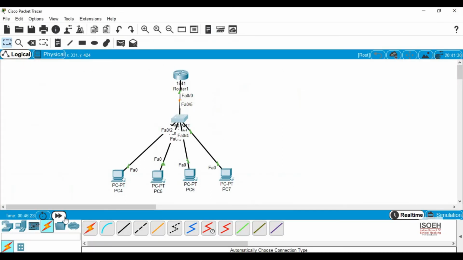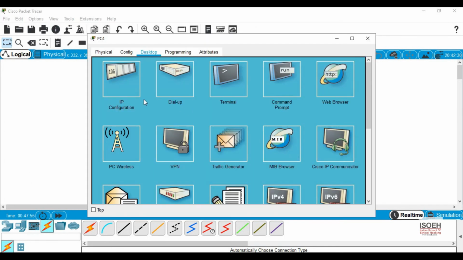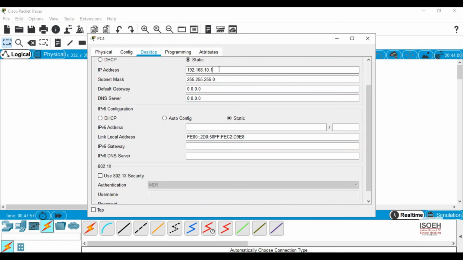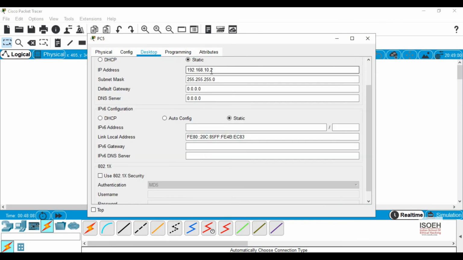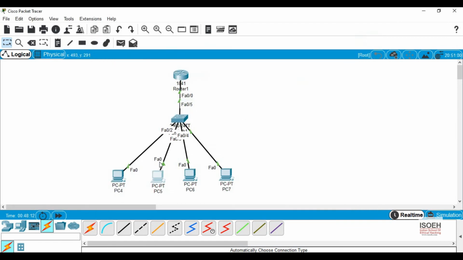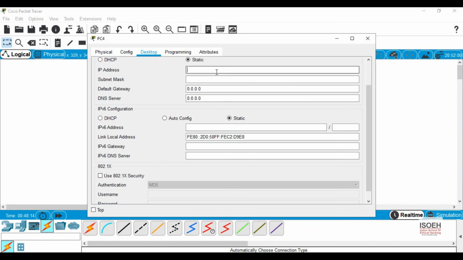Now I need to make some changes in the PCs. I need to start changing the IP address and provide them a default gateway. 192.168.10.2 and provide them a default gateway.